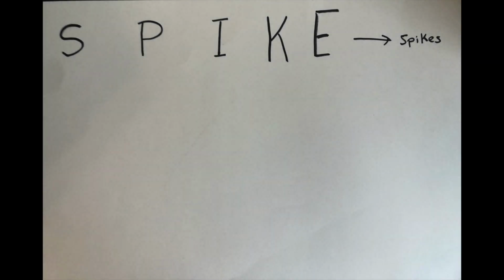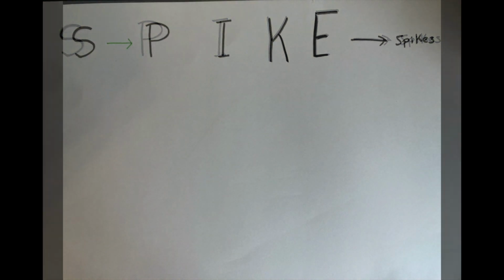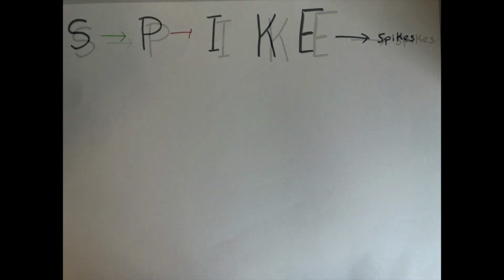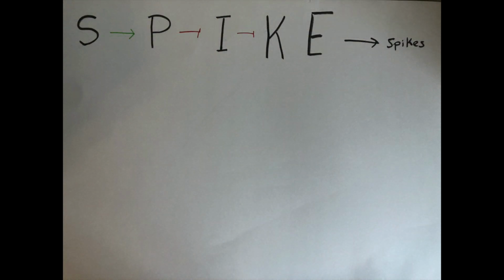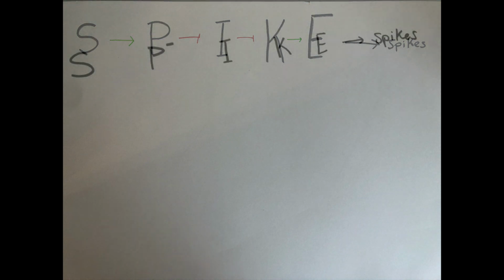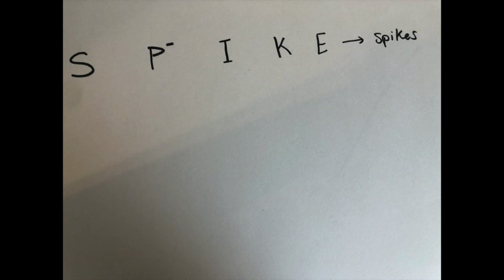So we're going to be looking at this network of genes in skin cells that results in spikes. The S gene promotes the P gene, the P gene inhibits or blocks the I gene, and the I gene blocks the K gene, and the K gene activates the E gene, which results in spikes. We're going to see if a gene network that is defective in the P gene would result in spikes or